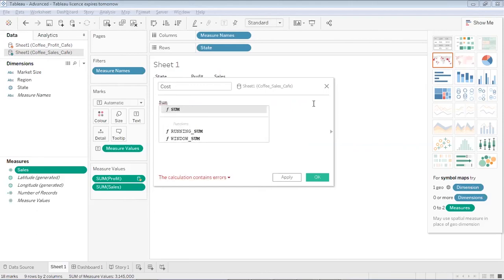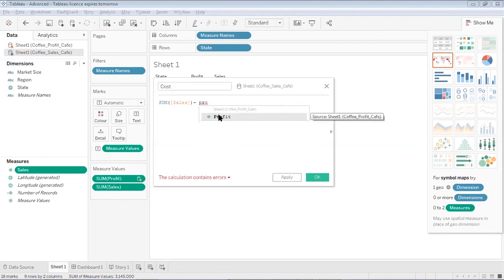Since I'm in the primary data source which contains my sales, over here I'll just write sales, and it is showing since I'm within my primary data source only, so I can directly fetch sales. So I'm saying subtract from sum of sales, what? Profit. But when I write profit, it shows that okay, this is the profit field which you have to subtract from the sales.